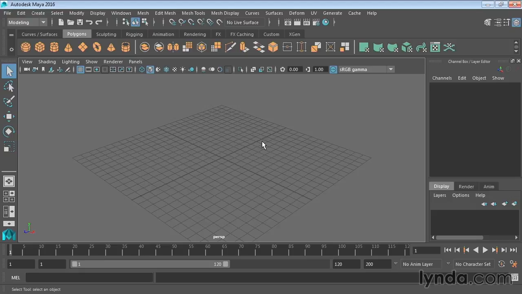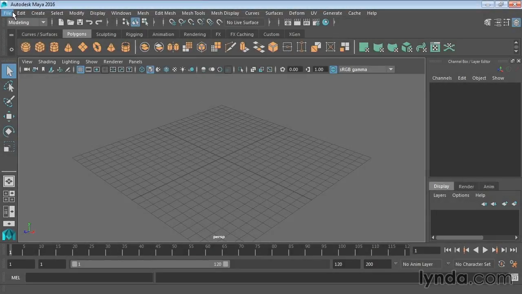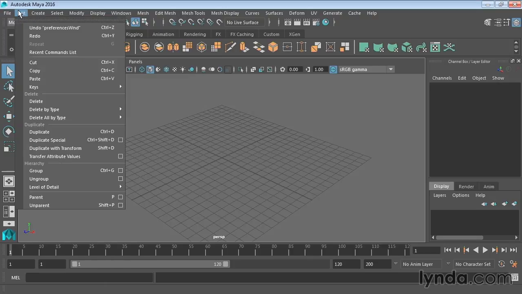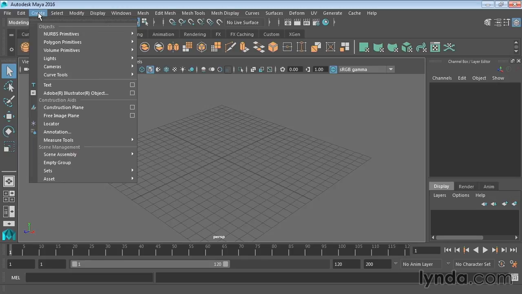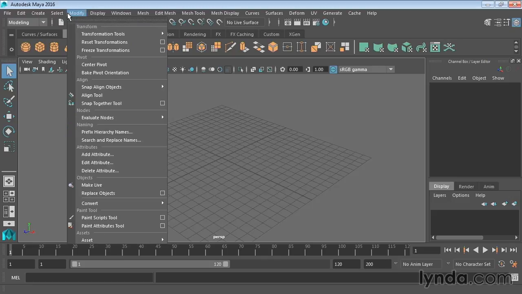So let's start off at the top left corner, and you'll see that we have a menu bar along the top. Now, this has a lot of the standard things that you're familiar with, such as a file menu that allows you to open and close files, an edit menu that gives you functionality such as cut, copy, and paste. We also have a create menu, which allows you to create any number of different types of objects. A select menu allows you to select and deselect things, as well as a number of other ones, such as